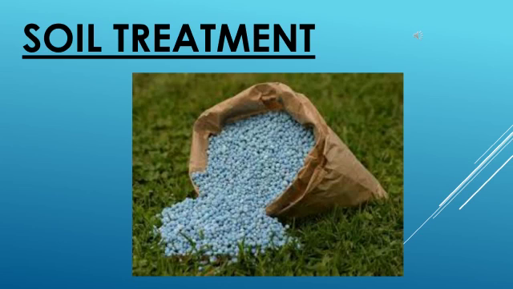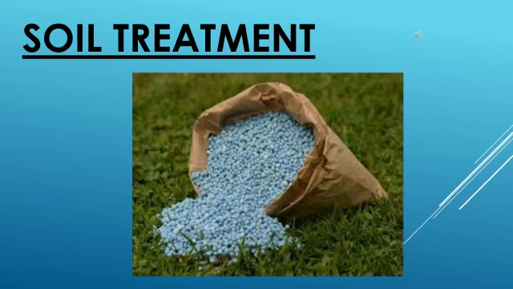Some plants need acidic nature, some plants need basic nature. So plants do not grow well when the soil is either too acidic or too basic. It should not be too acidic, it should not be too basic. The pH level should be very accurate. So when the soil is too acidic, it is treated with bases like quicklime, that is calcium oxide, or slaked lime, that is calcium hydroxide. So now if the soil is too acidic, they use some bases because neutralization has to occur.